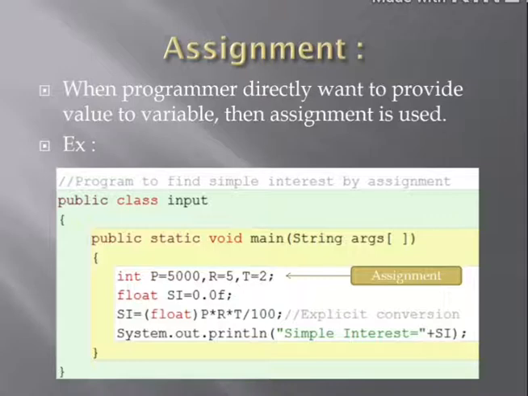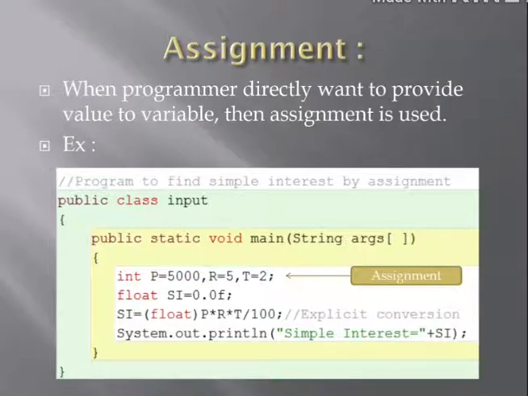And why we write public static void main String args square brackets open close, I told you earlier in my previous videos. And then inside the main function, we write the logic. Always remember, inside the main function, we have to write the logic part. Whatever you want to write, you can write here only. The white part is your logic part.